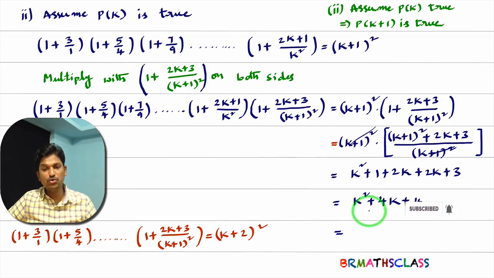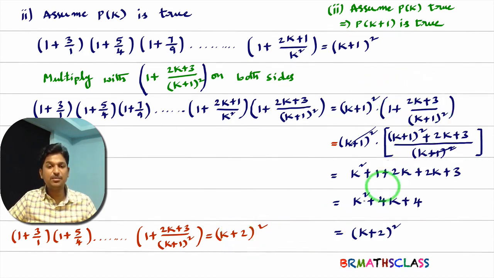That is equal to, you observe, what is this? This is the expansion of (k+2) whole square. We can easily identify that. (k+2) whole square. You expand this (k+2) whole square: k square plus 4k plus 4 you will get. Correct or not? You see here, after simplifying this right hand side part, we got this (k+2) whole square only.